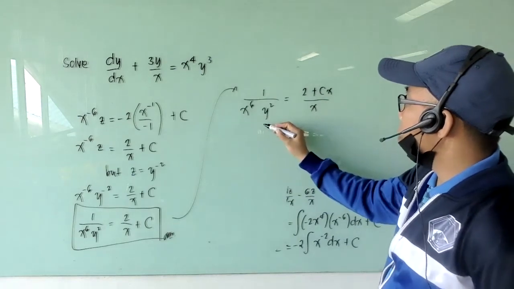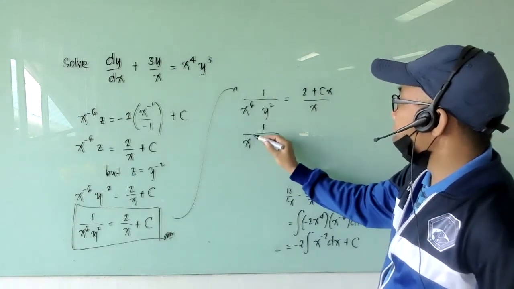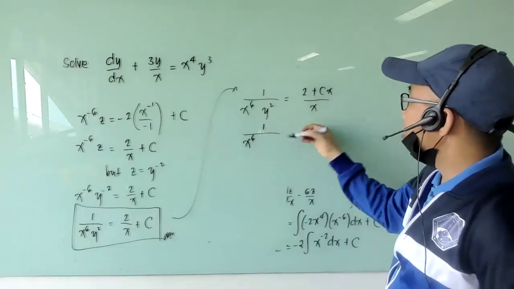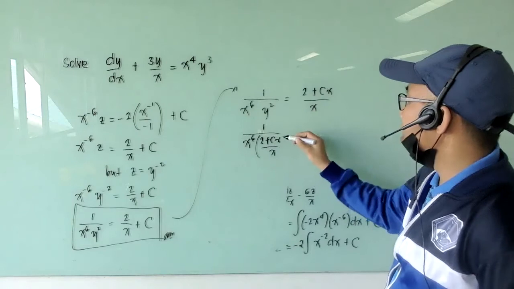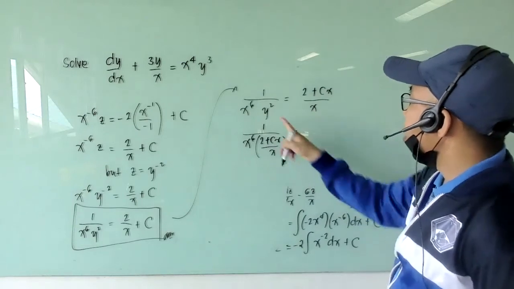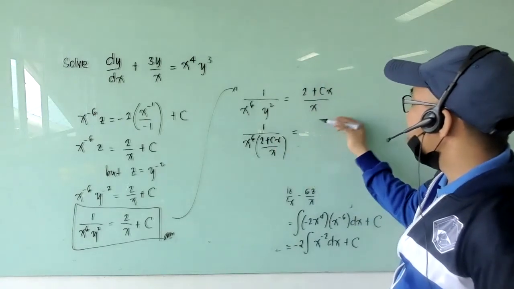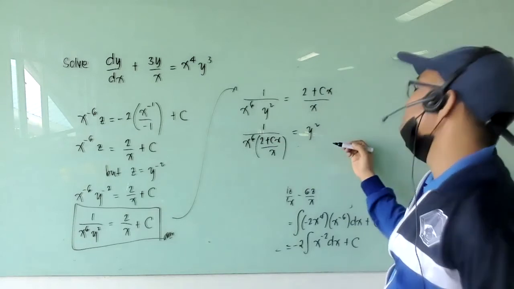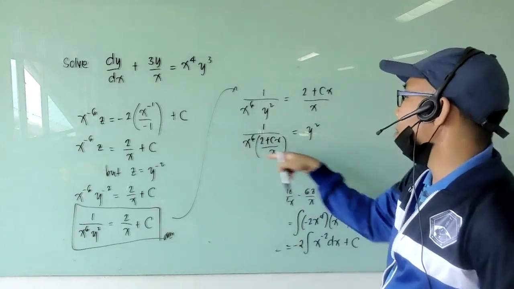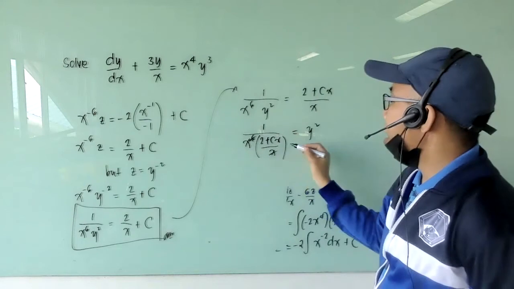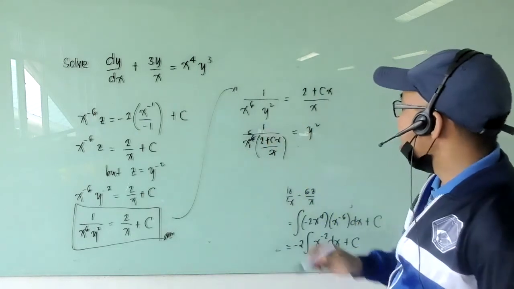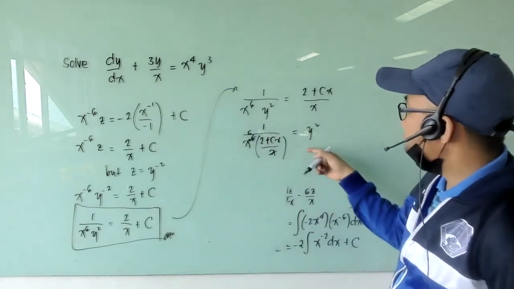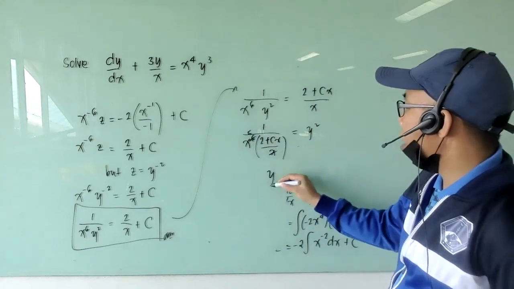So this becomes 1 over x raised to 6 times 2 plus cx over x. I hope you can follow this one. And then this will be y squared. We can simplify this one, cancel one of the x's there, so x raised to 5 will remain. And we take the square root of both sides, so y is equal to